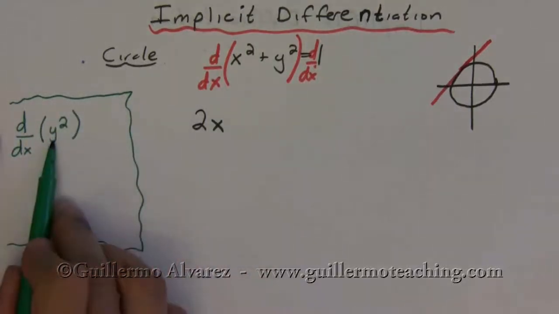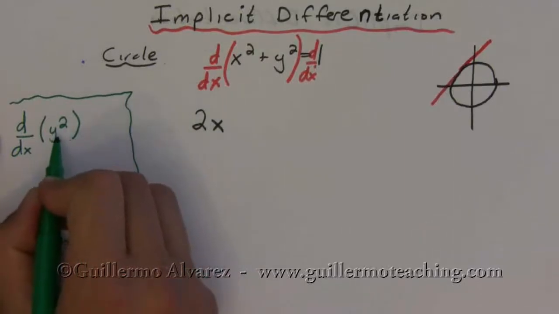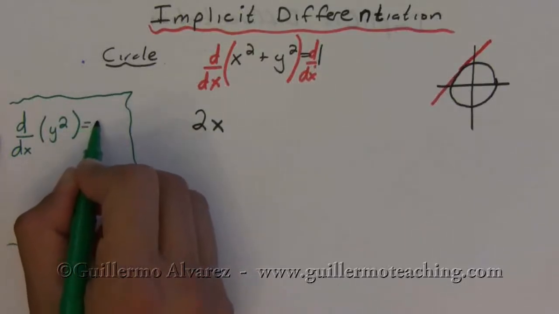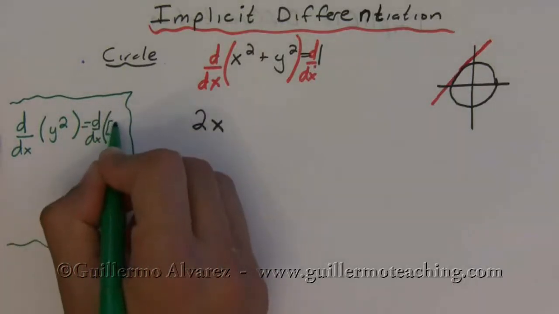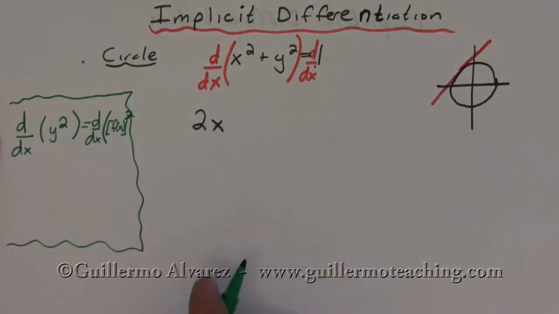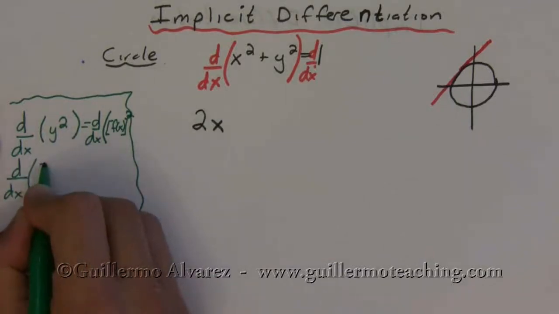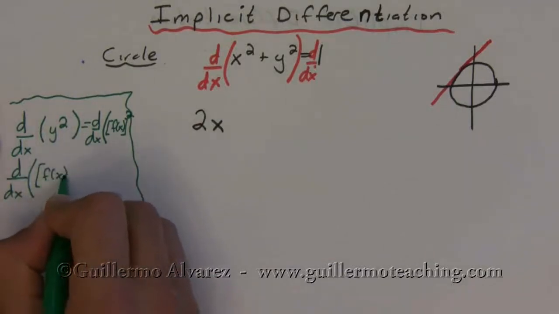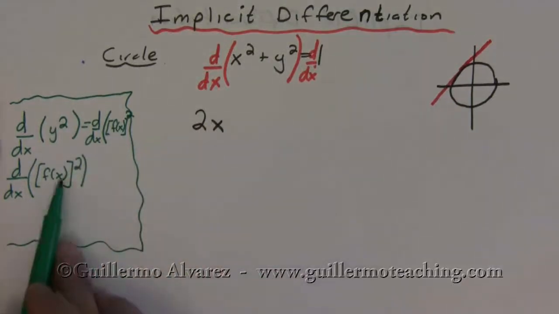You see, y is a little bit different. Even though y isn't defined explicitly, y is a function of x. So instead of thinking of it as the derivative of y squared, think of it as the derivative of f of x squared. Okay, so if you think of it as the derivative of f of x squared, then really what you have to use is the chain rule,